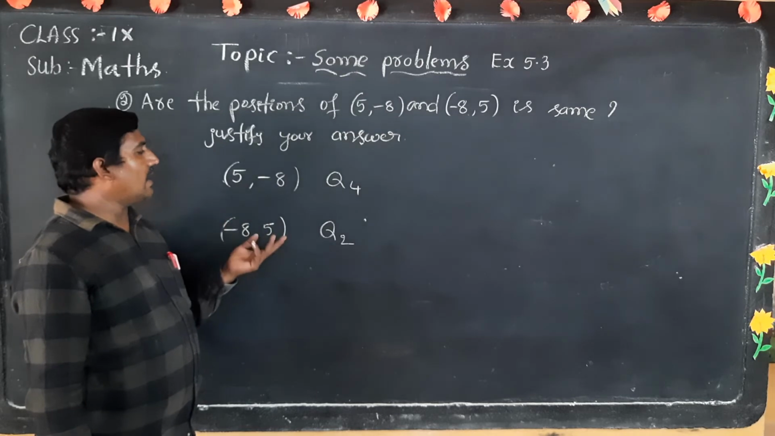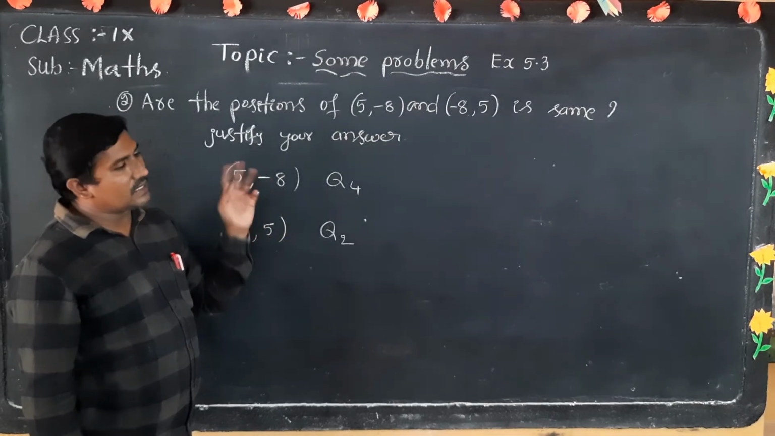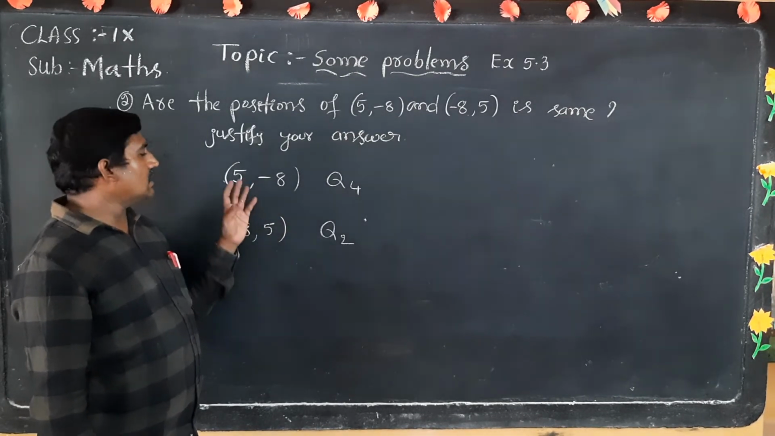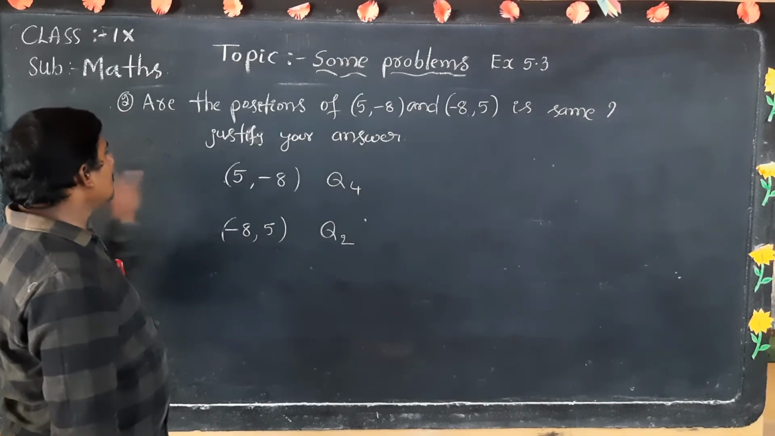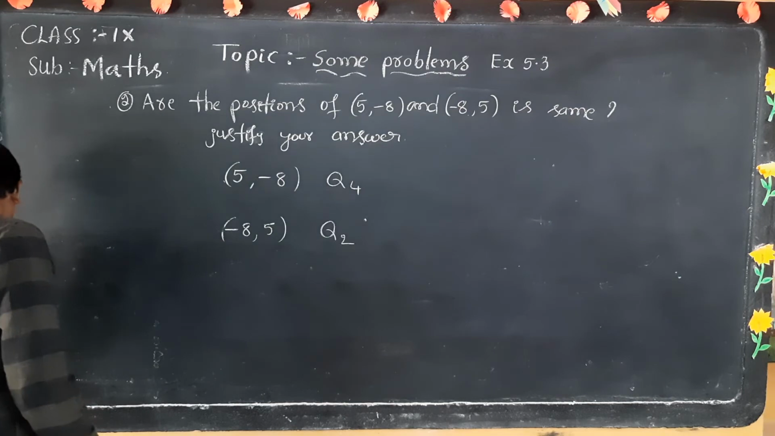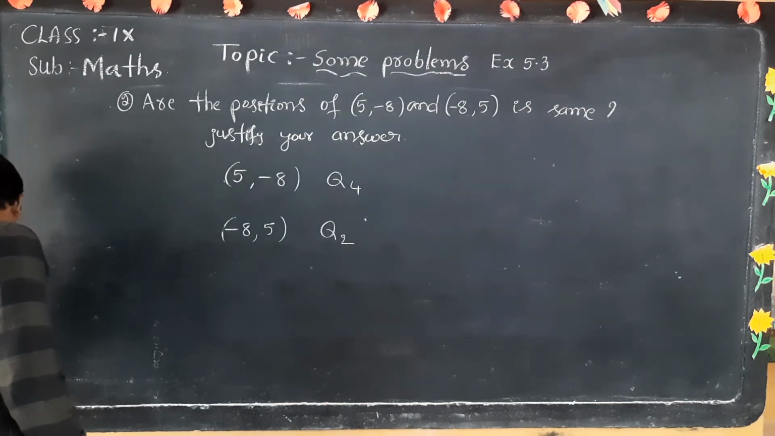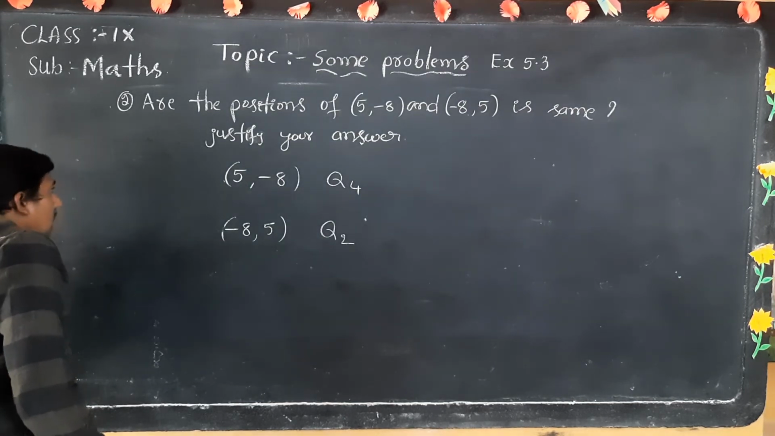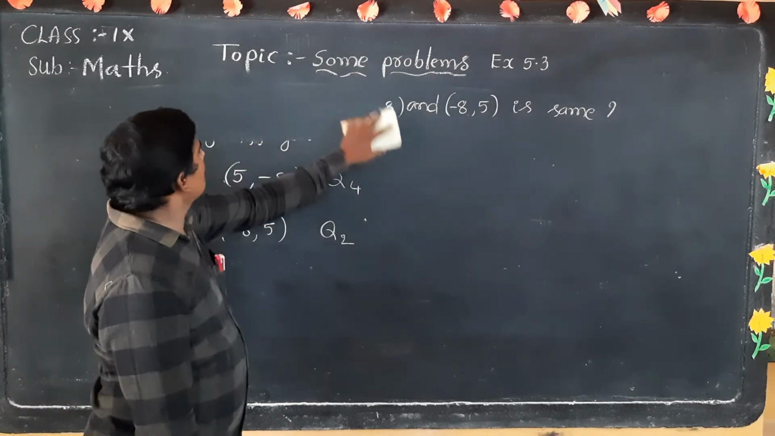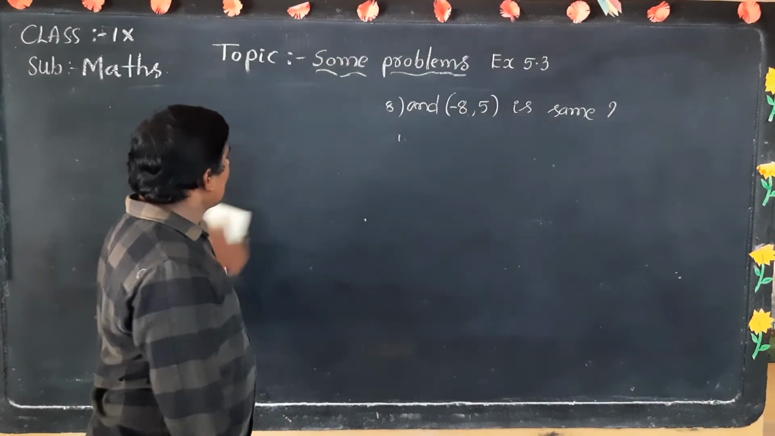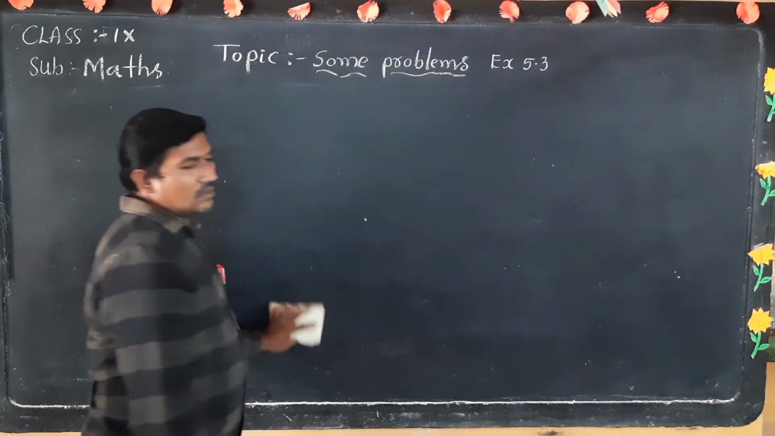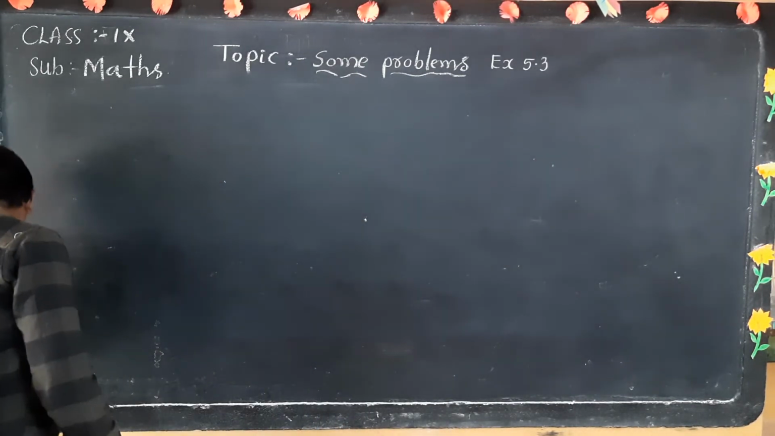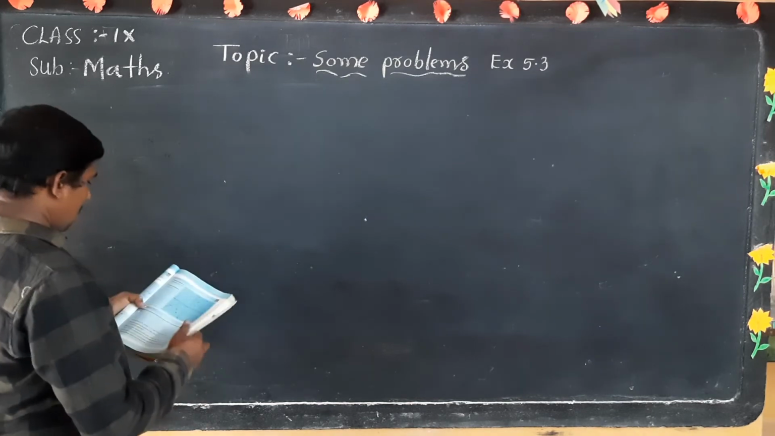These two are different. These two are located in separate quadrants, one in the second quadrant and one in the fourth quadrant. So these are not the same. Why? Because both are located in different quadrants. And now